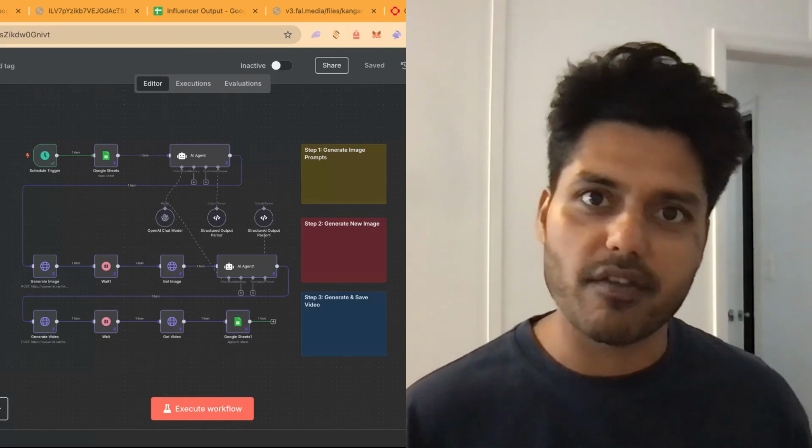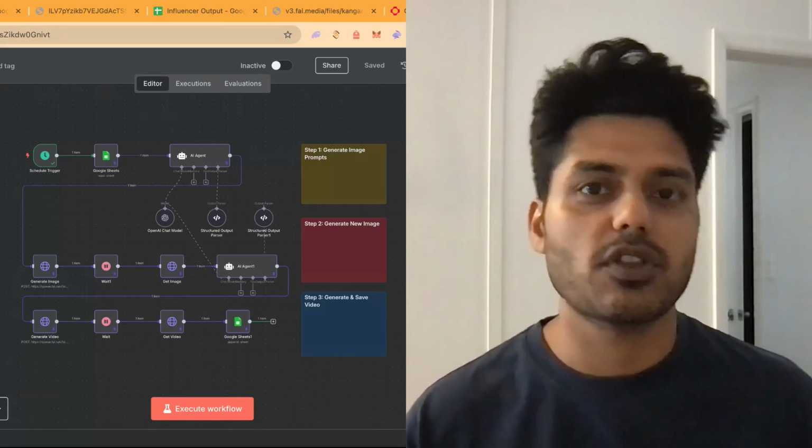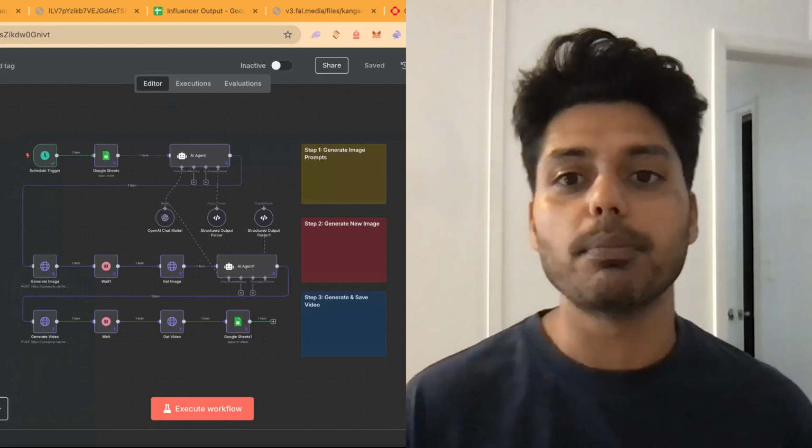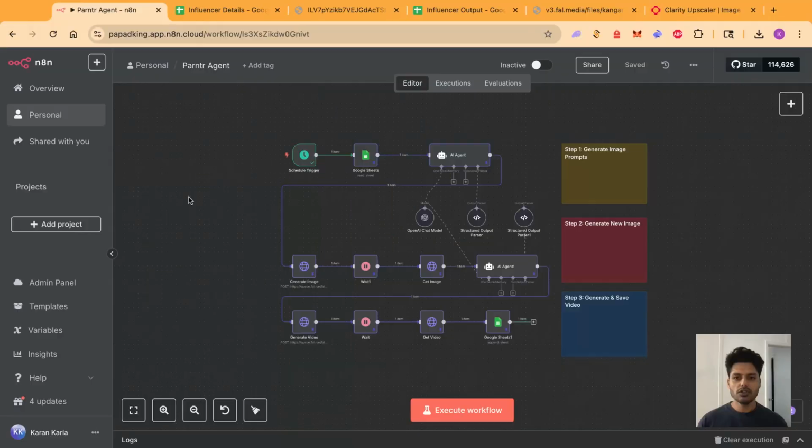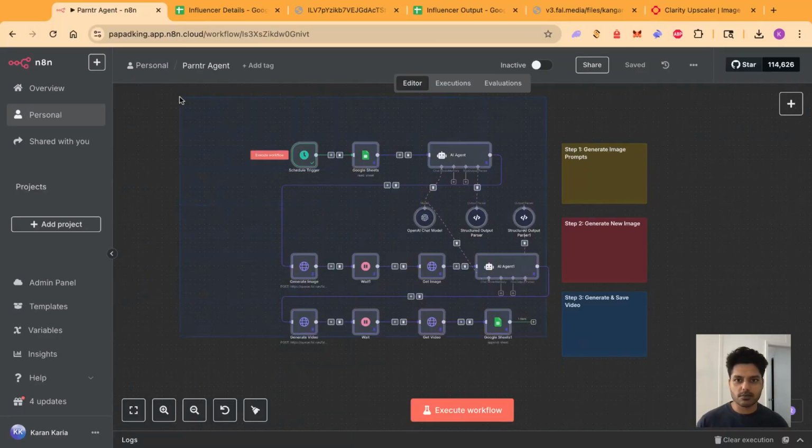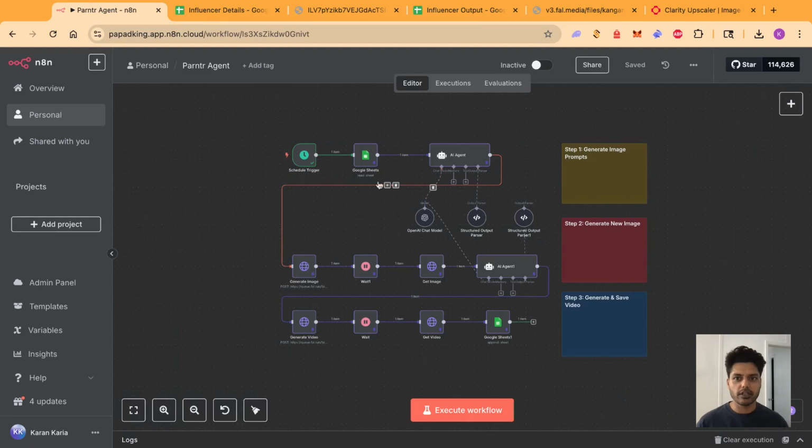and it's going to export everything into my Google Drive so that I can then edit and upload those images whenever I want to. So let's open up n8n here. This is my entire workflow right here. And I'm going to show you piece by piece exactly how I built this, how you can build this, and